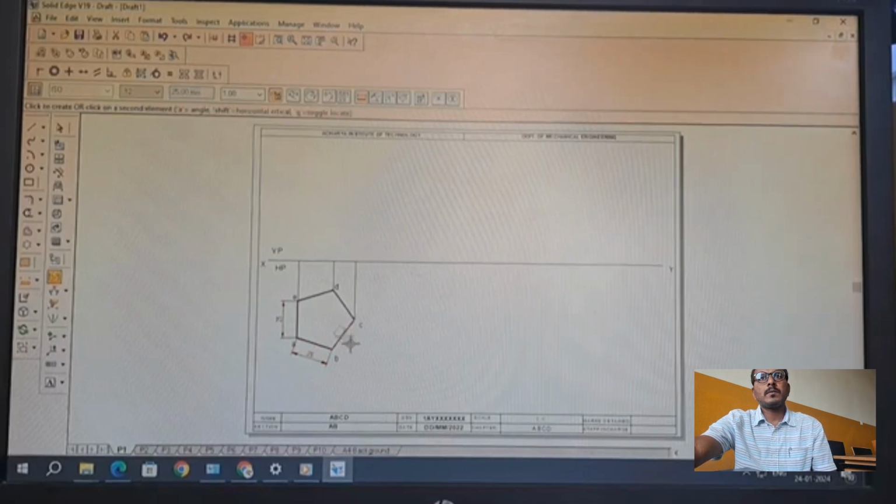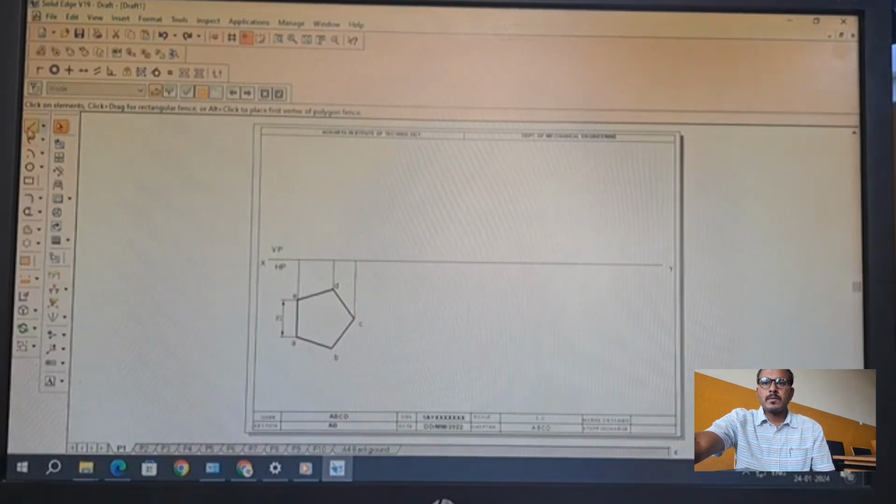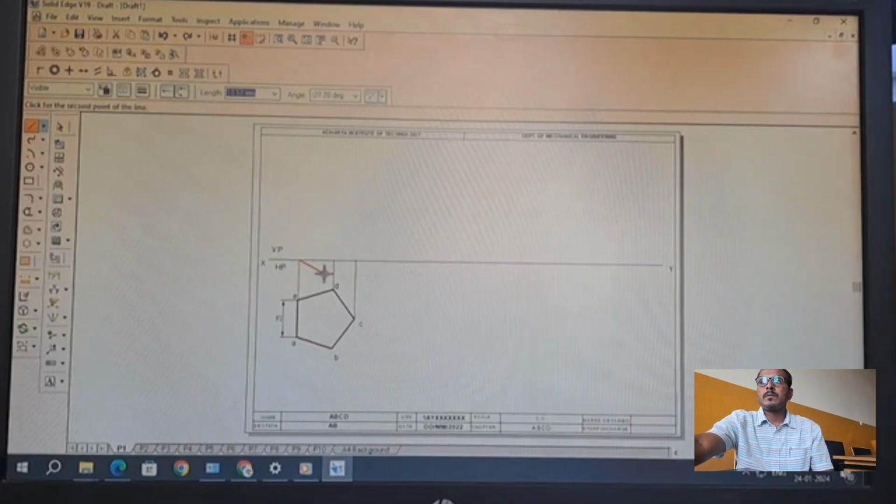All sides should be 25. Okay, keep one side dimensioned.